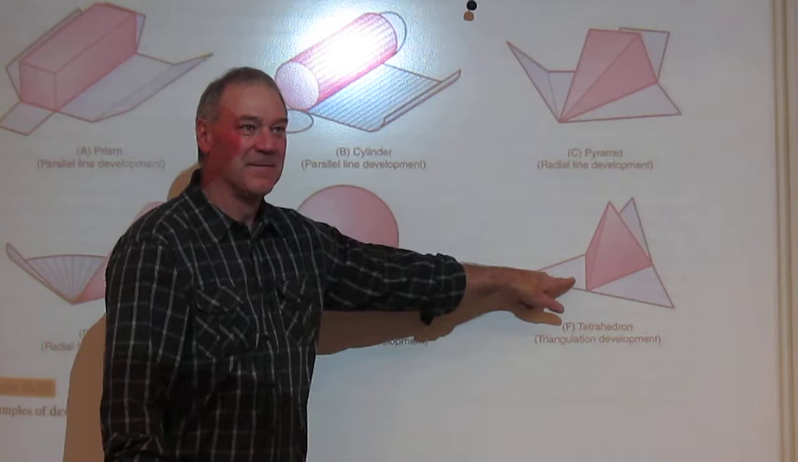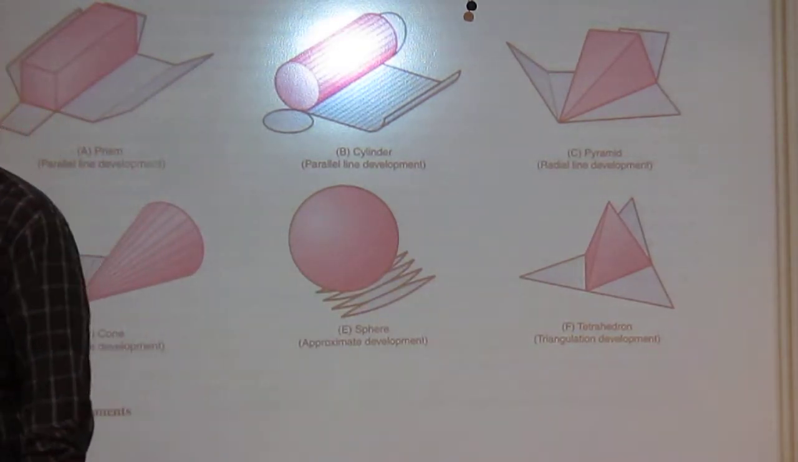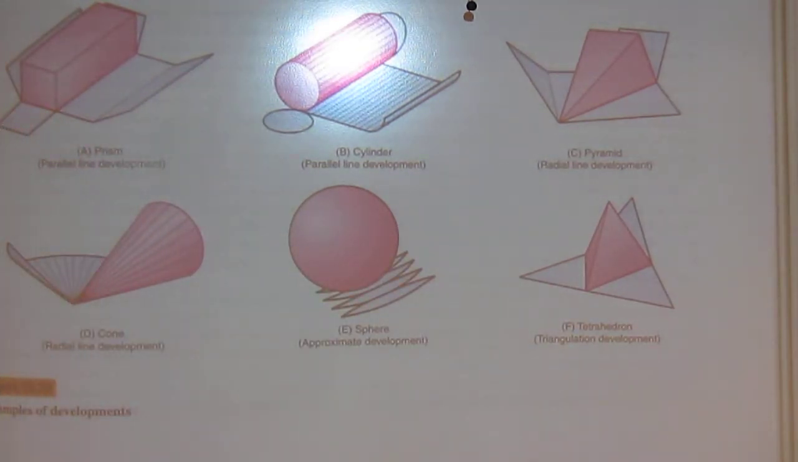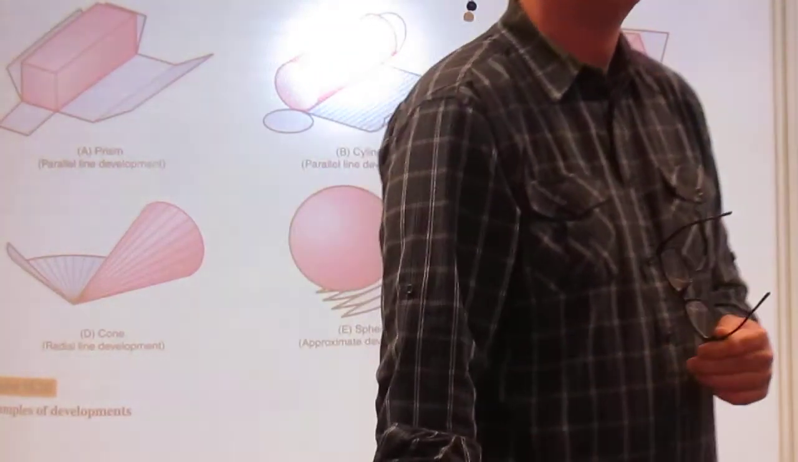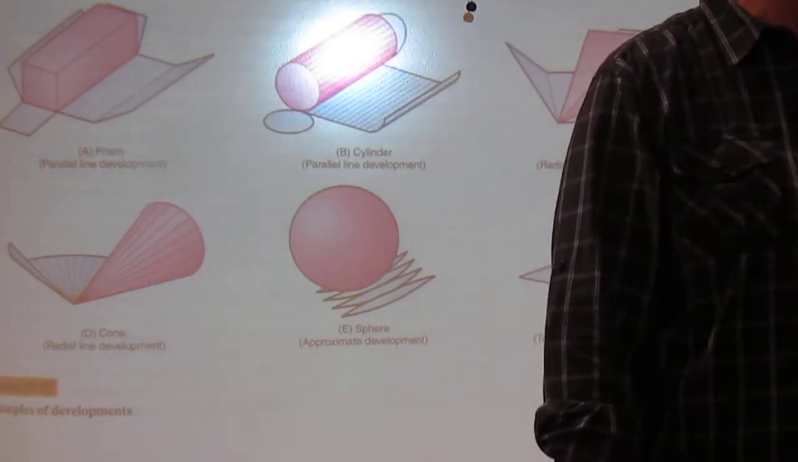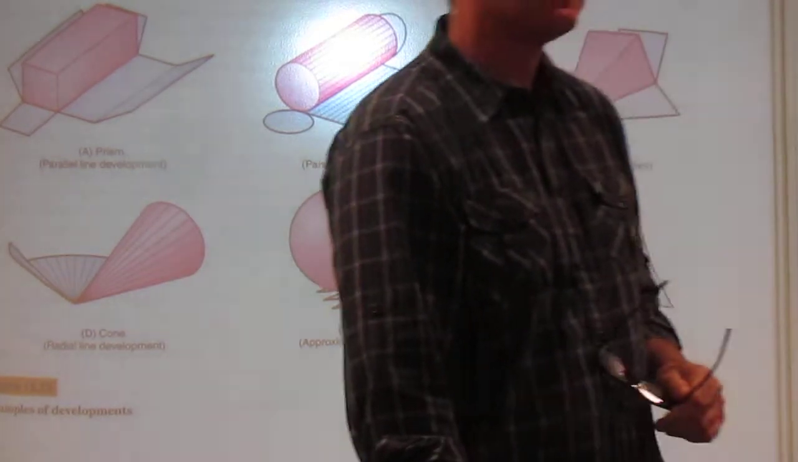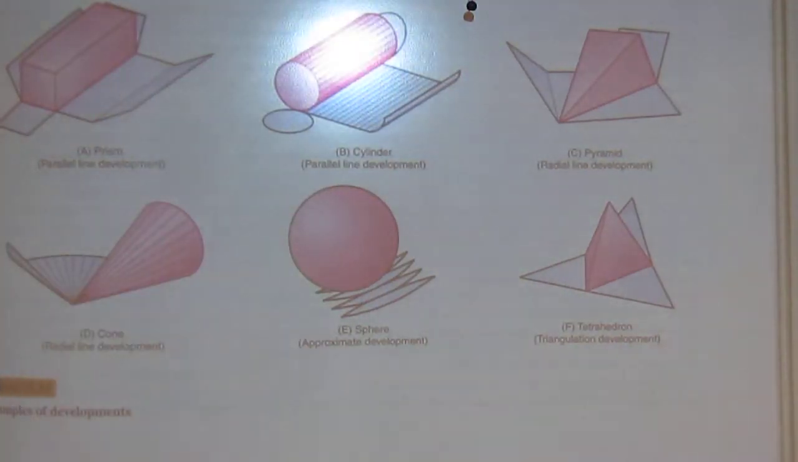Triangulation development is what we would use for regular polygons. Because we can basically break things into triangles or hexagons or octagons, these sides, and we can then project those and fold them together. So those are the types of developments. I have two of them up here for you, and I'll pass them around just so you can see them. So here I have a prism